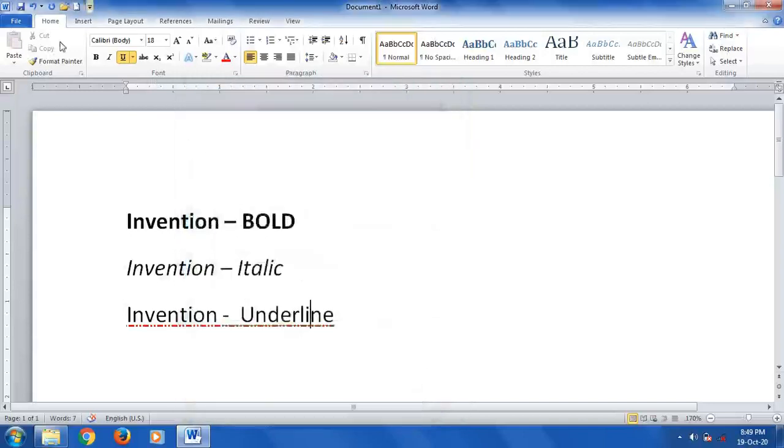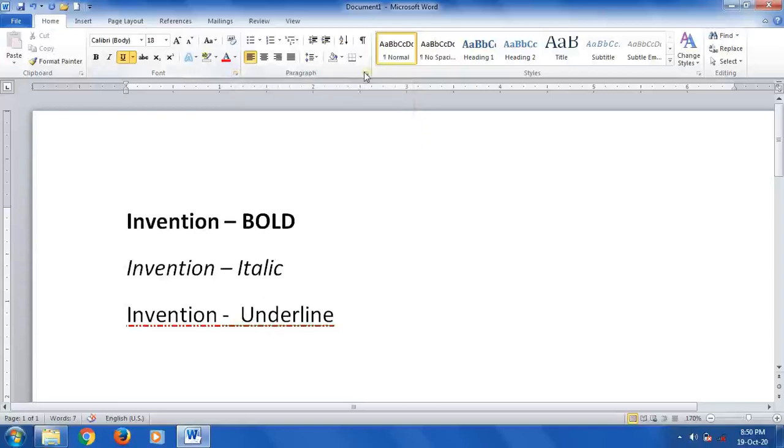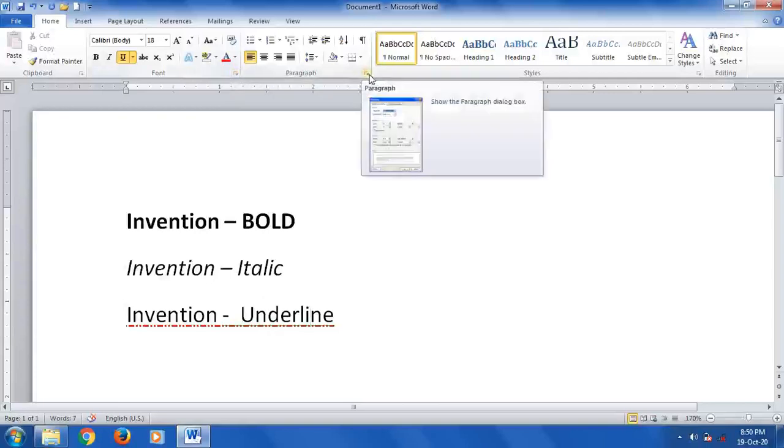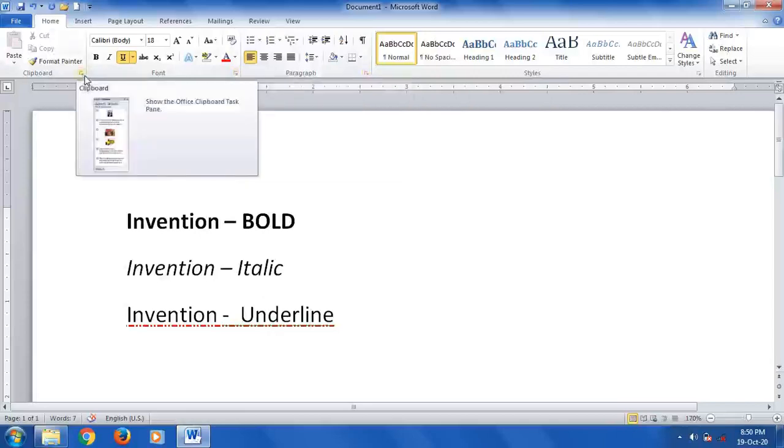See once again, in the Home tab, Font group, look at my mouse pointer where I am moving. So this icon or this point, it is the dialog box launcher. Here also we have one. When we click on this icon, the paragraph dialog box gets launched. If I click here, the font dialog box gets launched. If I click here, the clipboard dialog box gets launched.